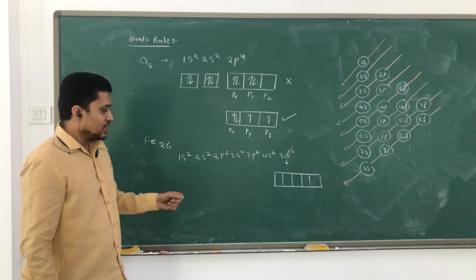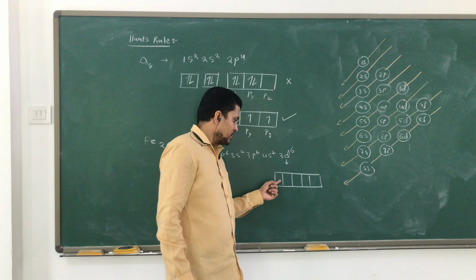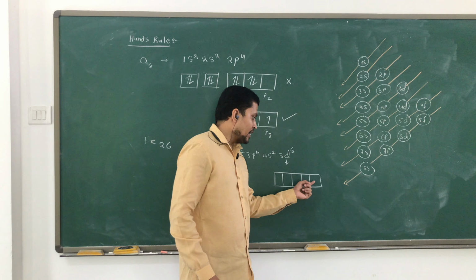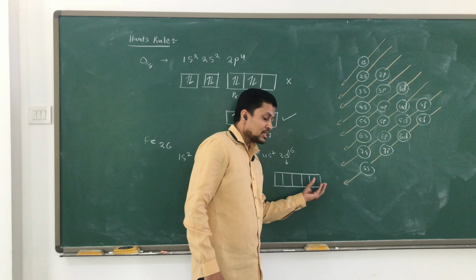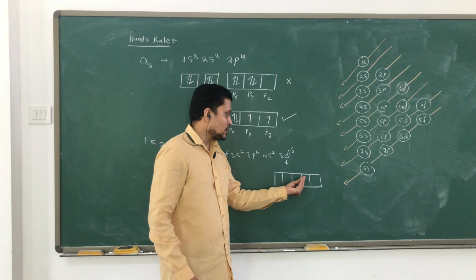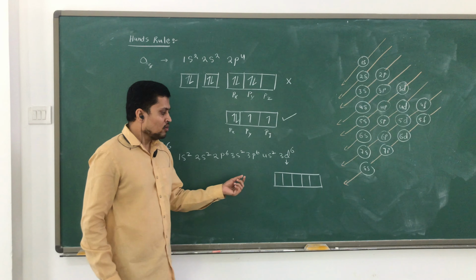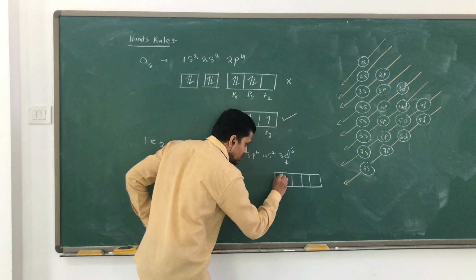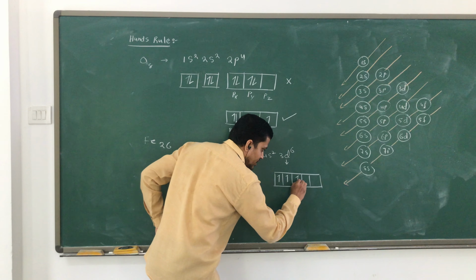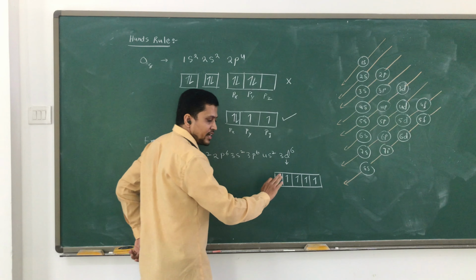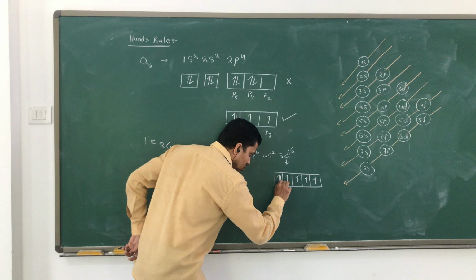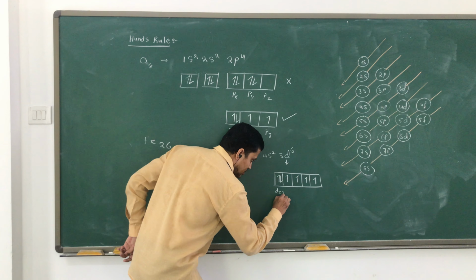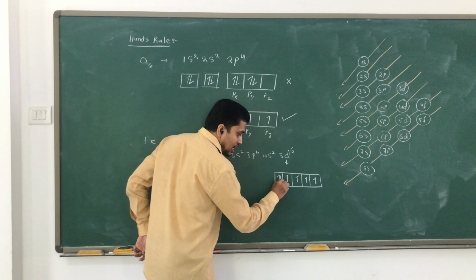Right? So here it is going to be dxy, dyz, dzx, then dz square and dx square minus y square. These are 5 different names of the subshells. Now, how are we going to fill them according to Hund's rule? With 6 electrons, 1, 2, 3, 4, 5 go singly. This is correct. Then the 6th one is going to enter the first one, that is dxy. First they enter this one, with the opposite spin.